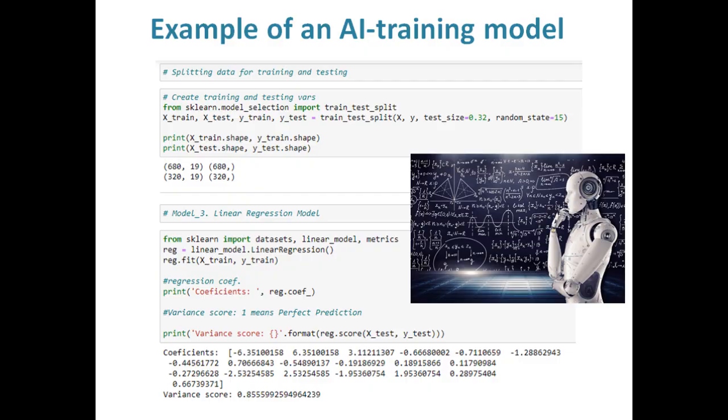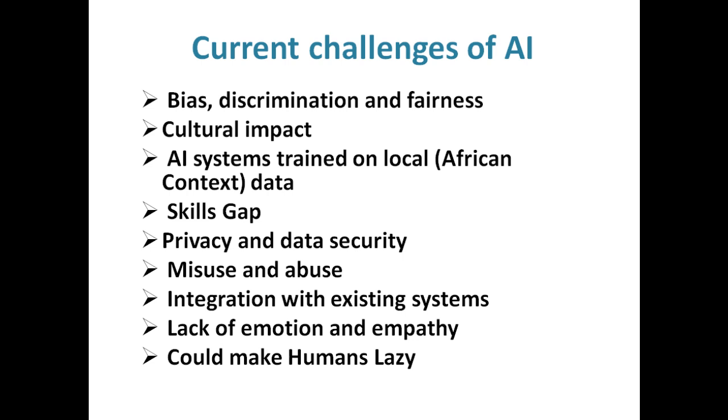It's able to test itself and give itself a percentage accuracy of prediction. Once we're happy with how our model has performed, we can go to model deployment to let people use our model. Yeah, so AI hasn't come without challenges on the scene. Of course, it's a beautiful thing. Everyone's talking AI, Internet of Things, but really it comes with its own challenges.